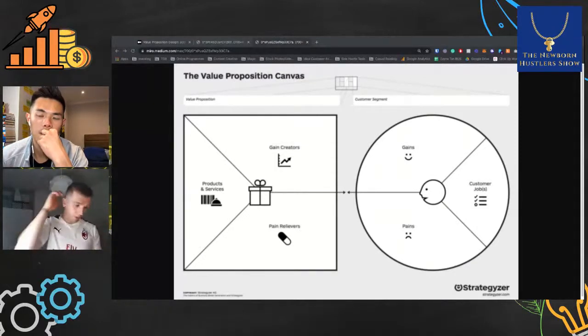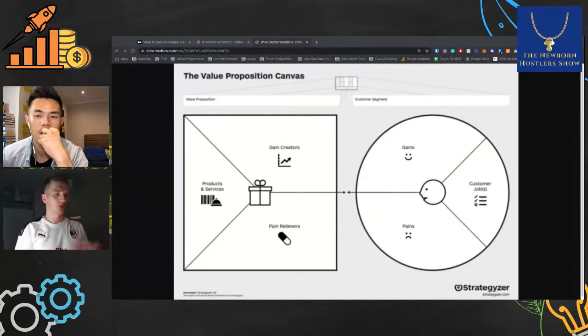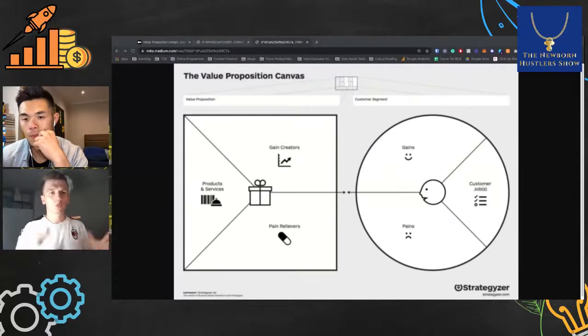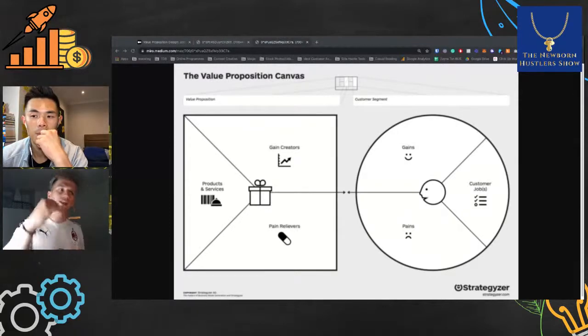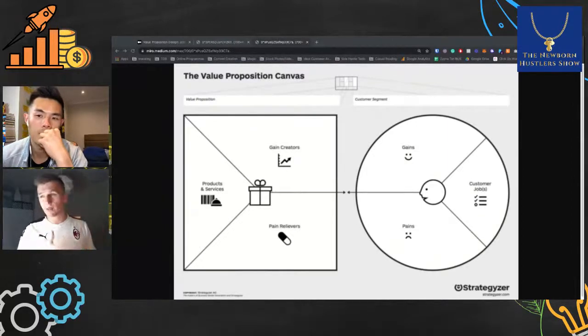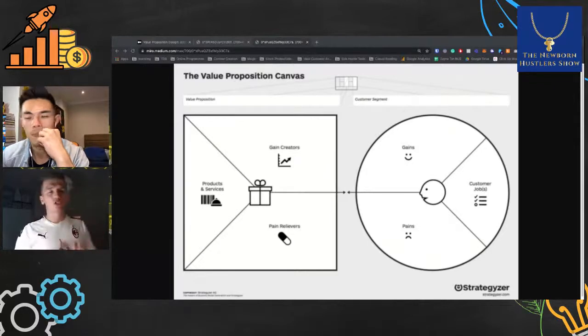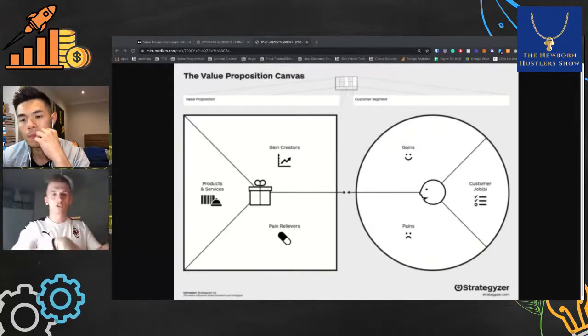So we have a problem, we find a solution, we buy the solution, and we expect our pains to go away, right? So that's what we expect. But with gains, it's something that we don't expect. That's something that overcomes our expectations. We can expect it to some extent, but we don't treat it as necessary to be included, right?